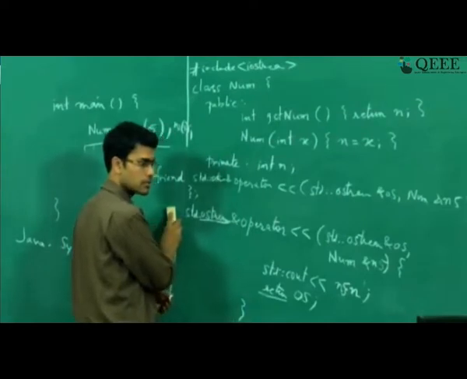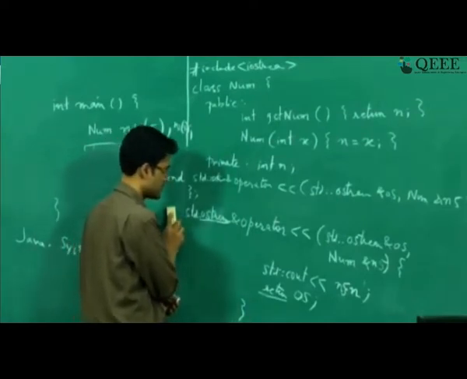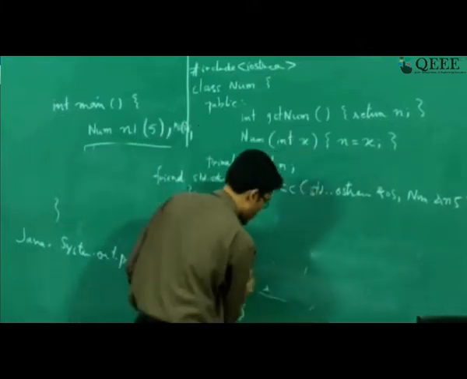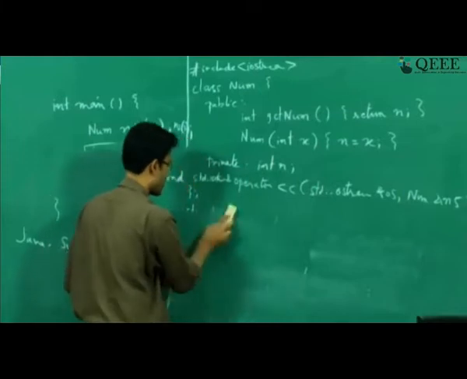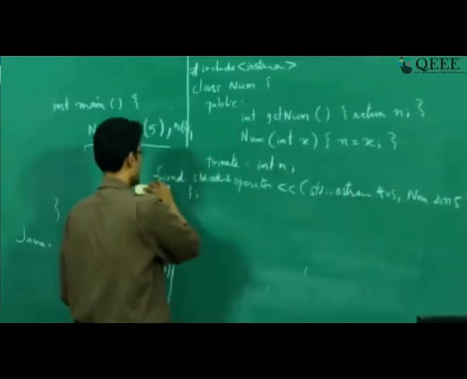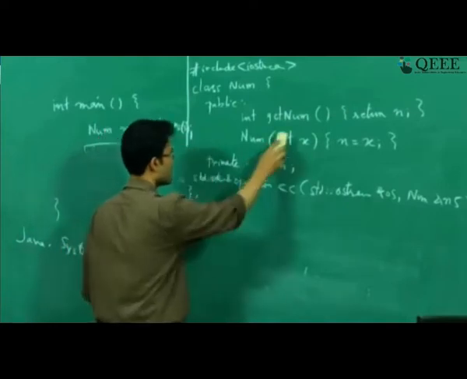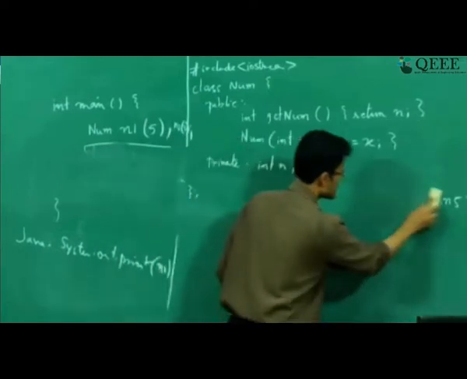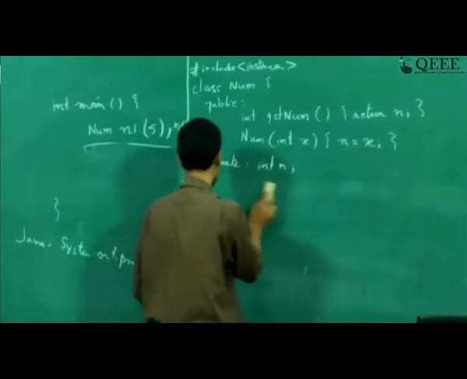So let's see, I have to rewrite this. So now we are talking about a similar operator overloading outside the class, and since we have the getNum function now, we don't really need this particular friend function to be implemented. So I'm erasing this off,